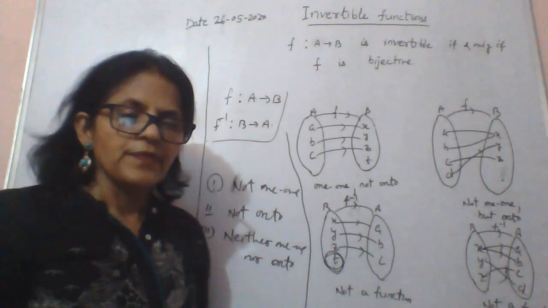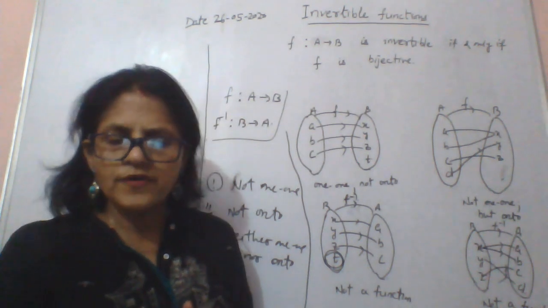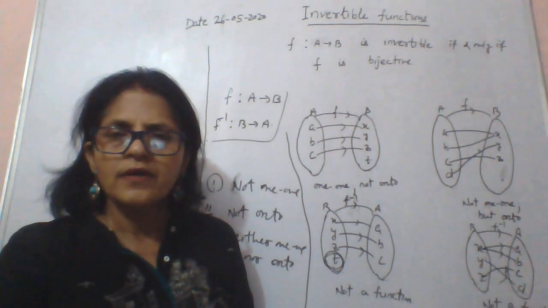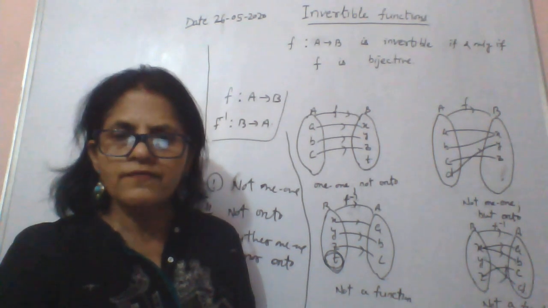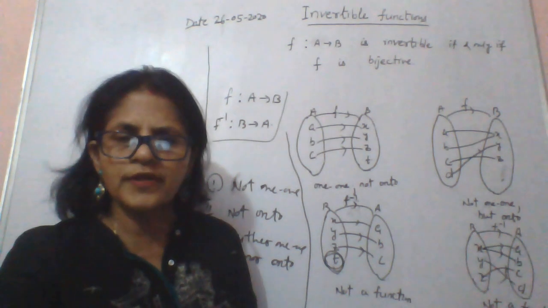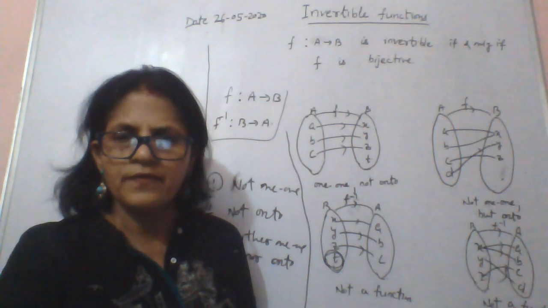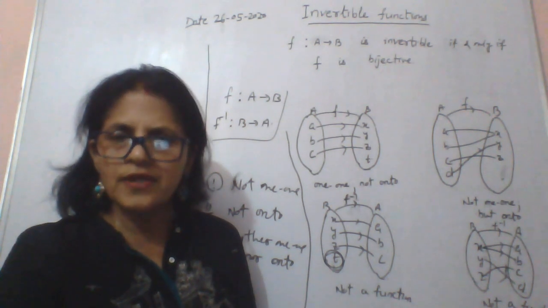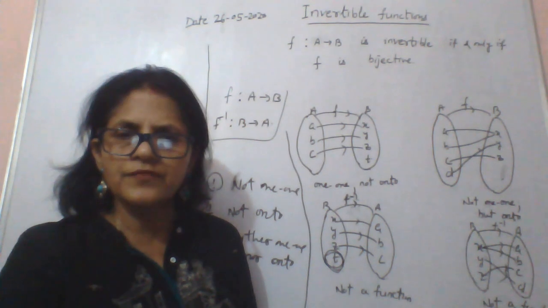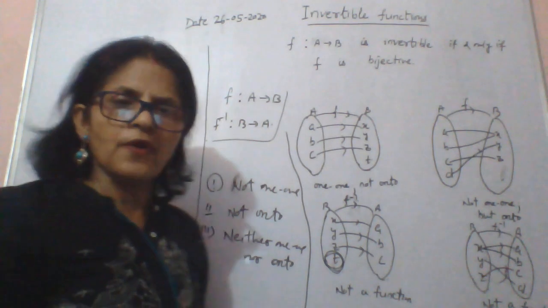Okay, the inverse doesn't exist. So it is clear why we should take a bijective function in order to find the inverse of the function. The first and foremost condition of an invertible function is that the original function has to be bijective. If f is a function from A to B, it is 1-1 and onto, or you can say it is bijective, then the inverse of the function exists and f inverse is a function from B to A.